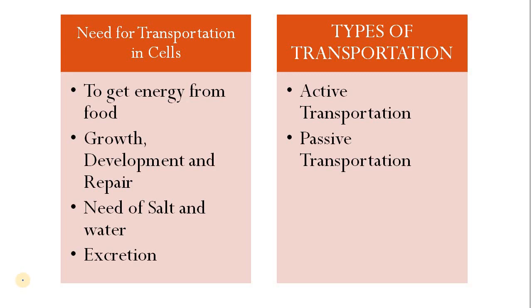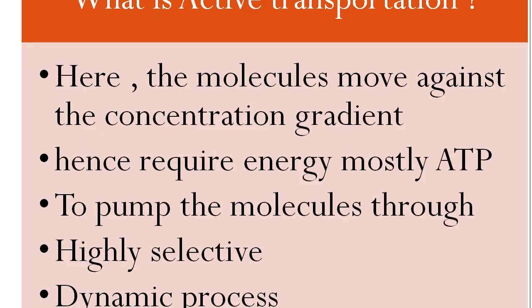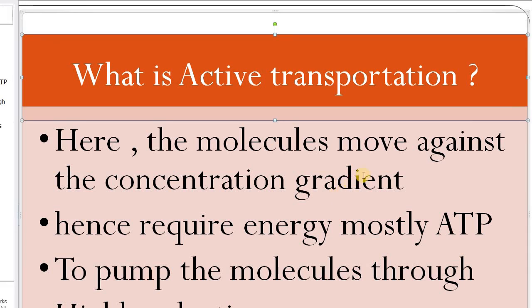of course through cells. And how it happens is through two kinds of transportation: one is called active transportation, and another is called passive transportation. This is very important and it plays a vital role when we are discussing transportation in cells. Mammals, animals or big plants require transport from one cell to another. So first of all we will discuss what active transportation is.